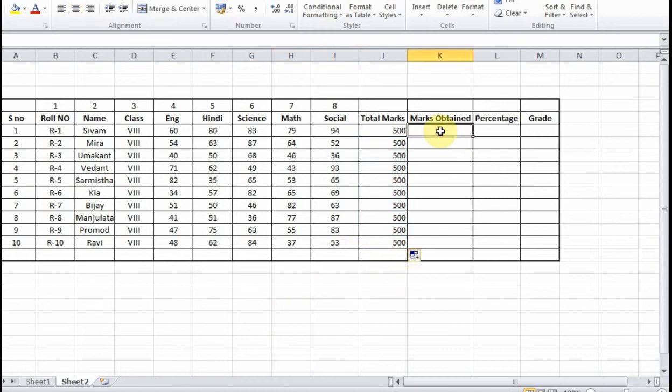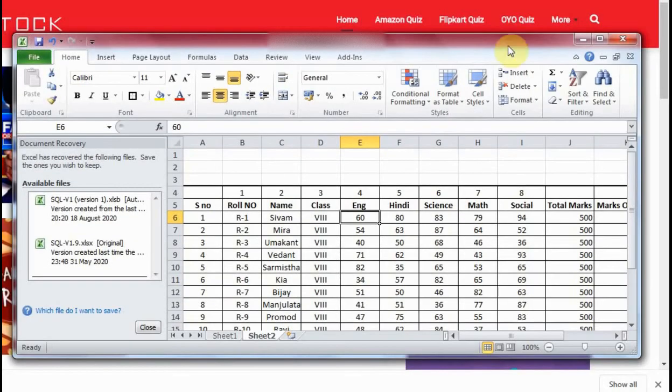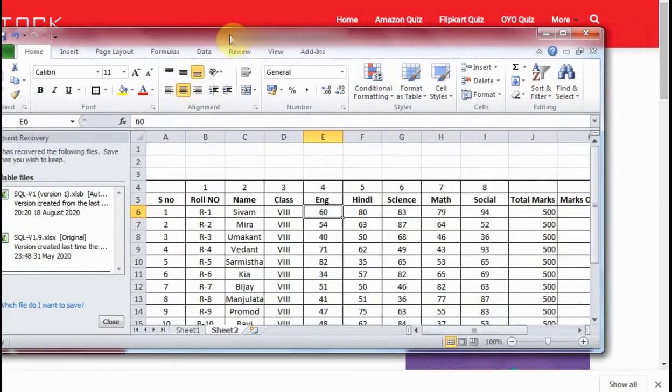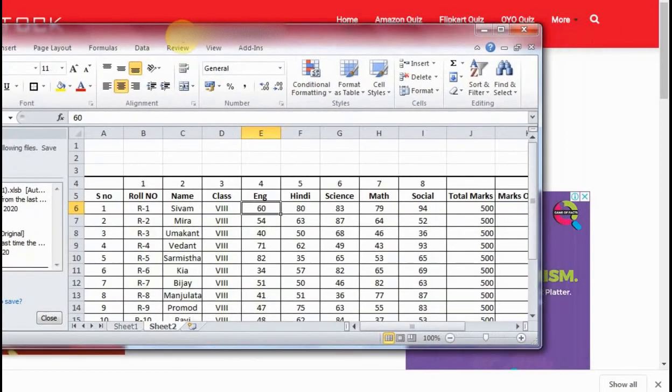Now what will be marks obtained? Marks obtained will be the sum of these. You can see this is E6. Can you check? To get the sum, we need to calculate the sum of these 5.